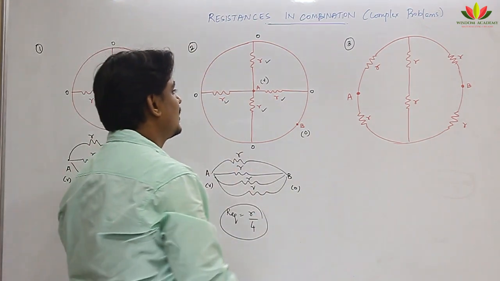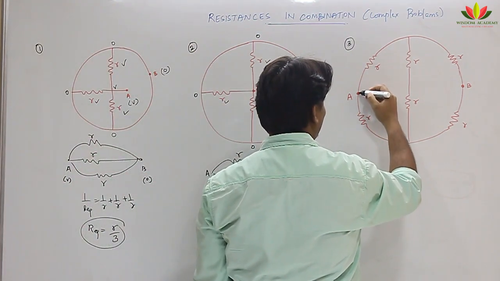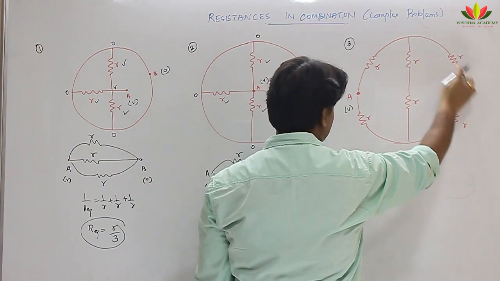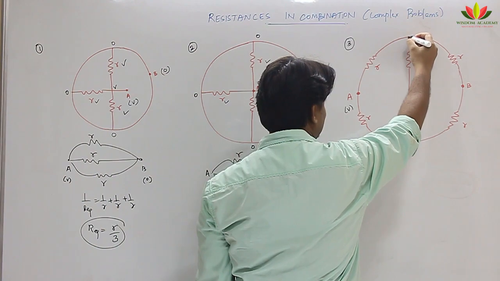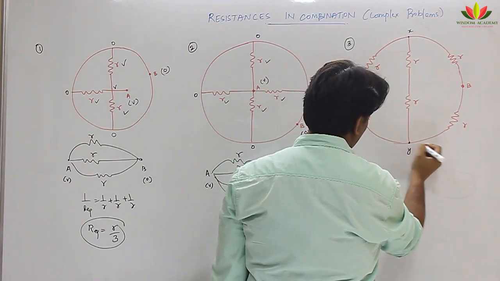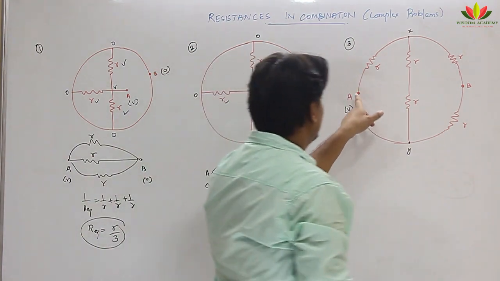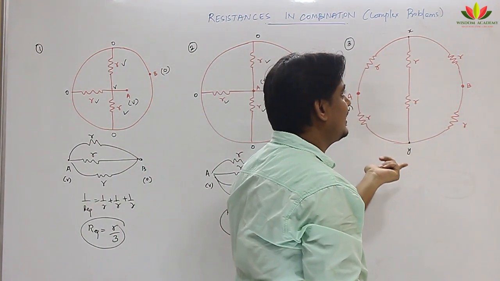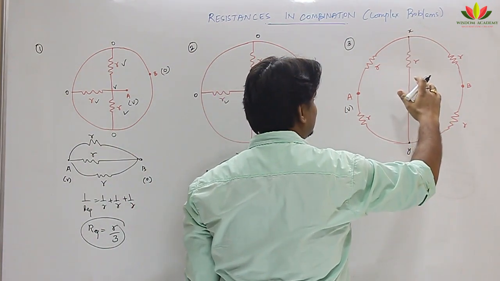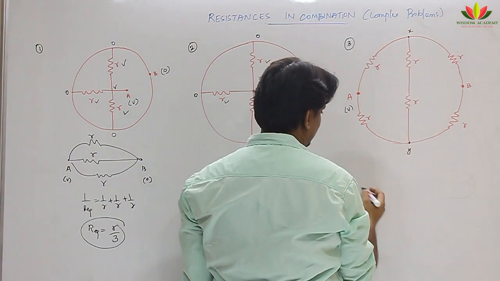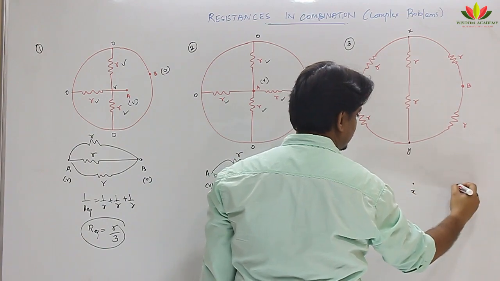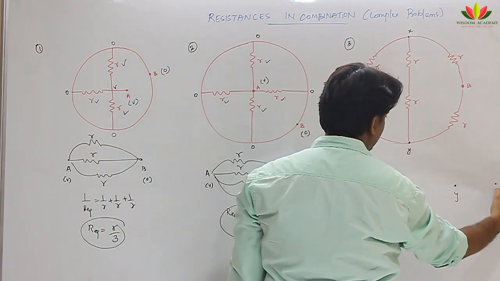Third question. So here this point is A, so if I am taking this as V, can I take this to be V? I cannot. This point is B, now nothing can be taken. This point will be taken as X and this point will be taken as Y. Why? Because everywhere something is lying, so I cannot take any other point. So what will happen between X and Y, there is 2R. So I will draw like this, A, then X, then Y, then B.